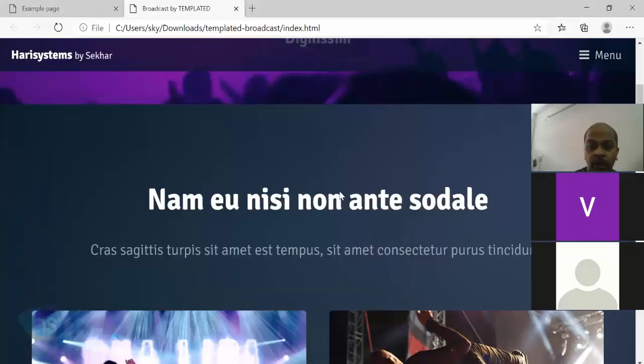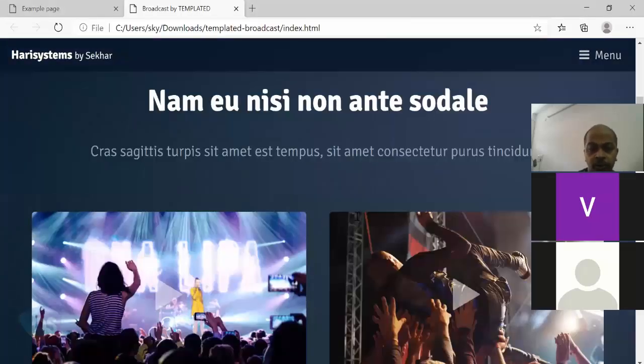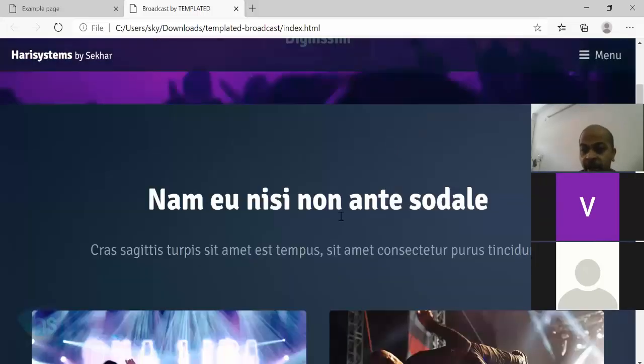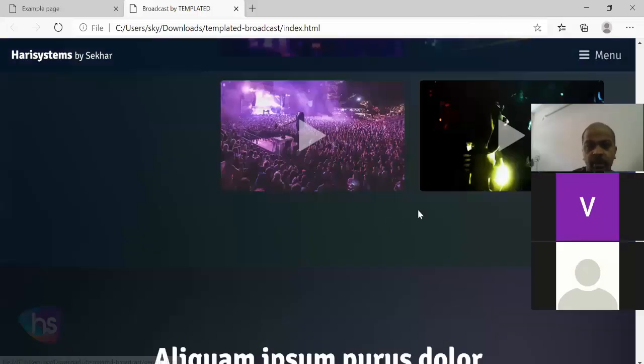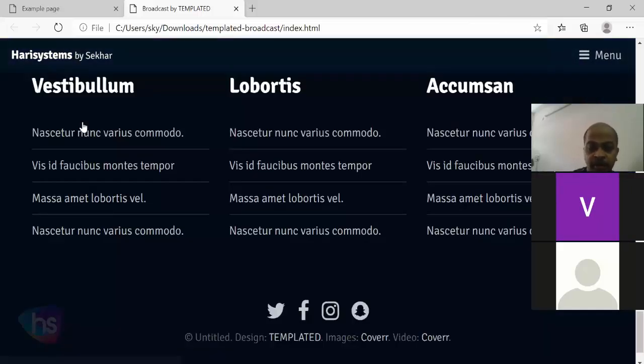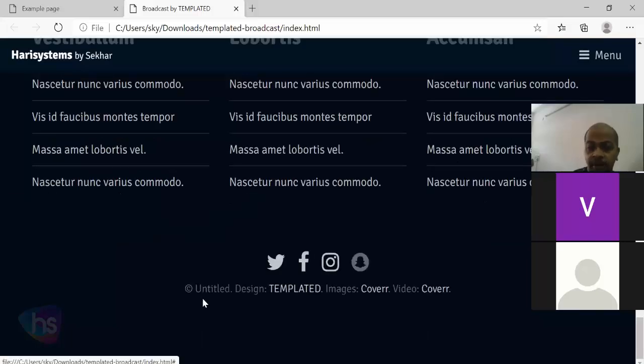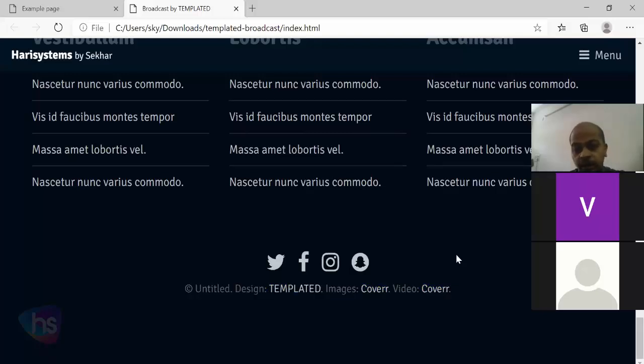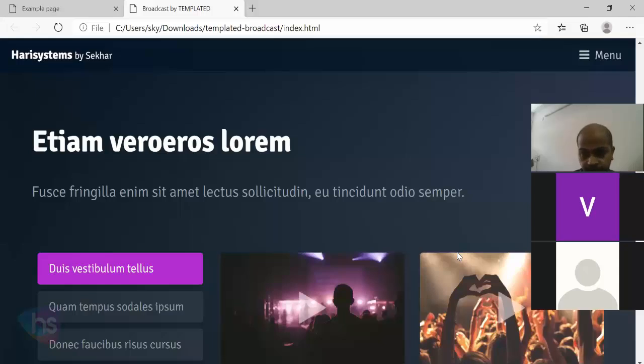I hope you are having a good idea how to do all these things. Once you have successfully designed and customized your own template, it might be a contact us page, any page you can add here. And in the footer also, you can separate the links and specify your Facebook, Twitter, Instagram, all the IDs, and you can also customize this text by yourself, what you are offering or your name. Everything can be customized by yourself.